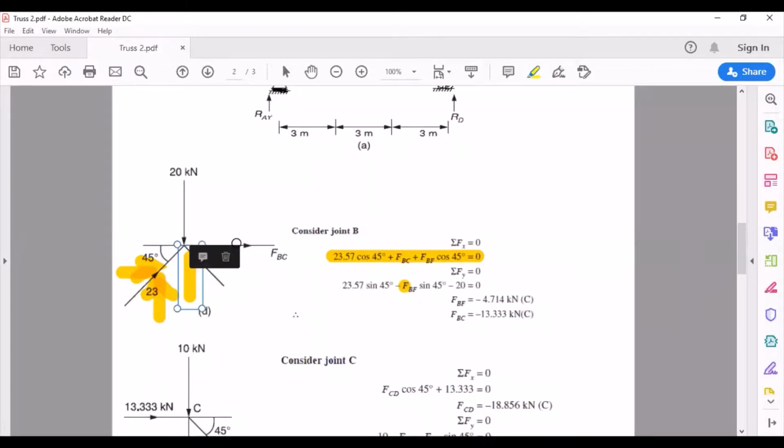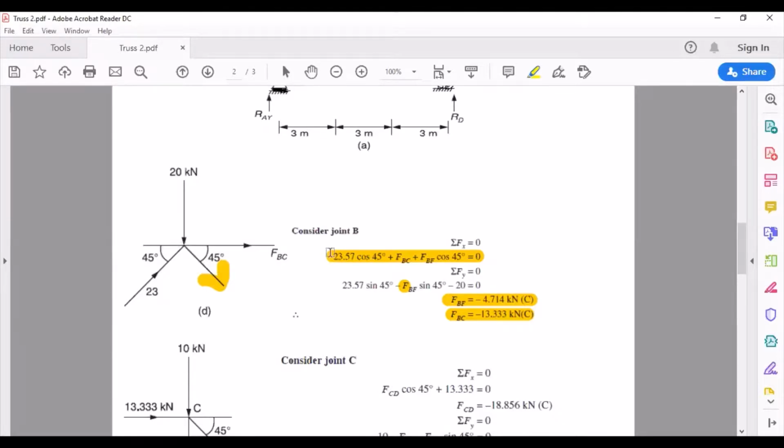Once you get that FBF is minus, substitute the same value in this equation. So the FBF value is to be substituted here. You are left with only FBC as unknown, and if you calculate that also, you get it with the negative sign. So both are with the negative sign, which means that the directions are to be reversed. Here I had assumed it acting outwards, here also outwards. So I've got it with negative sign. Both are to be reversed and made to act towards this joint B.